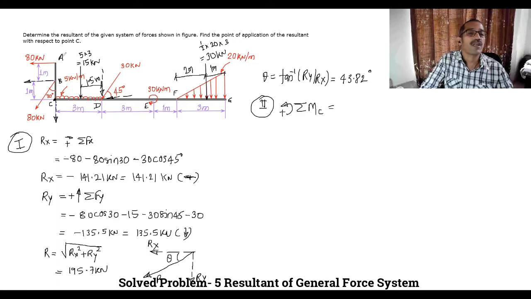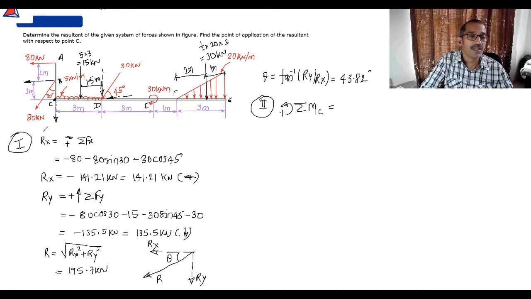Now first, if we start from this 80 Newton force which is acting at A, the moment of 80 Newton is in anti-clockwise direction, means plus 80. What distance? 2. If you have any confusion in moments, please watch my video on how to find a moment of force. I explained a number of cases properly so that you will understand this moment part. But if you are understanding this, then there is no problem.